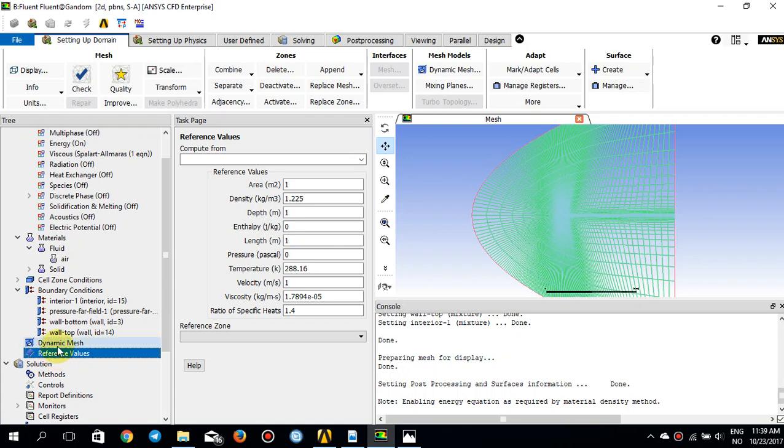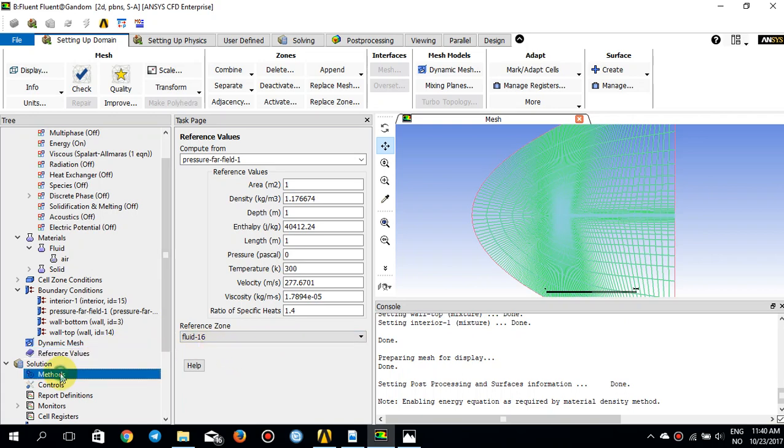Actually, these are the values that are used when you normalize the coefficients. So I'll compute it from the pressure far field, and these are the reference values. Make sure to change the temperature to 300, and I'll keep the rest as it is. Reference zone fluid 16,